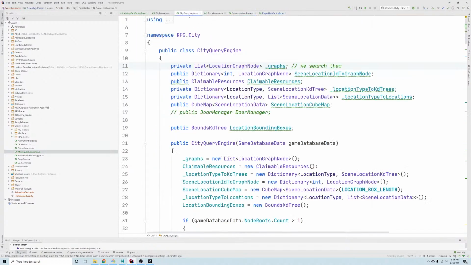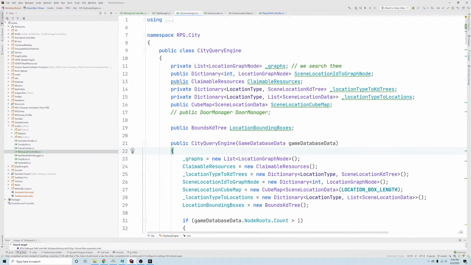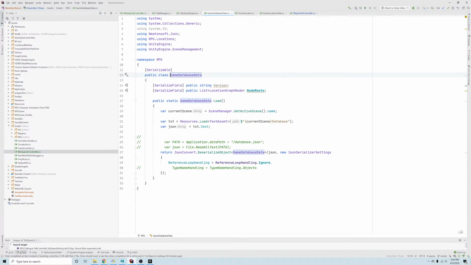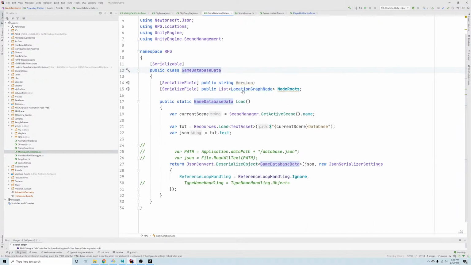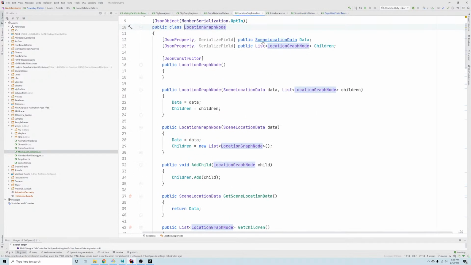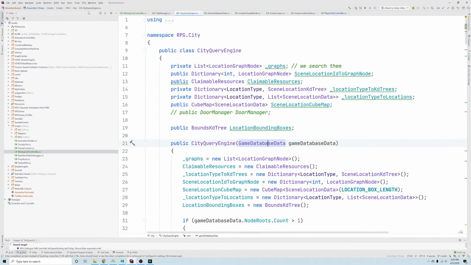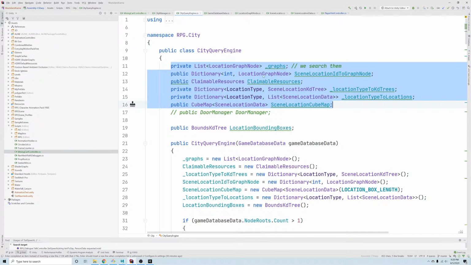I think it's parsed by this class into a list of graph nodes, where a graph node has location data, and then that data is given to this city query engine, which is basically a high level abstraction